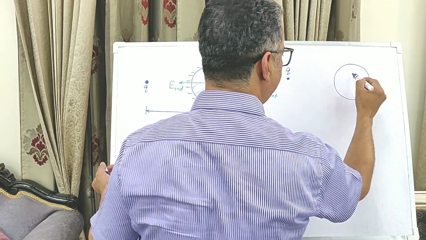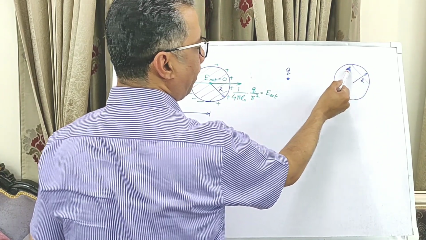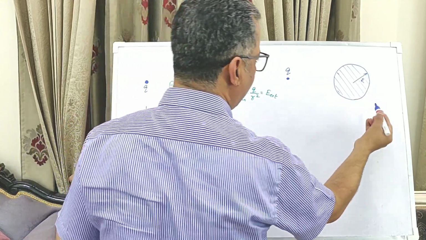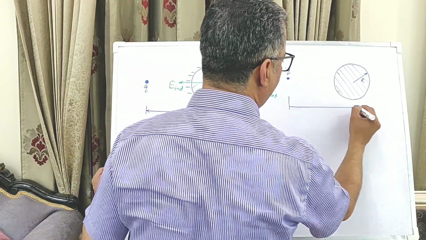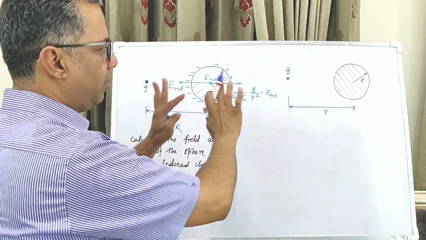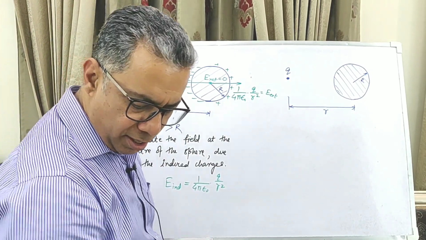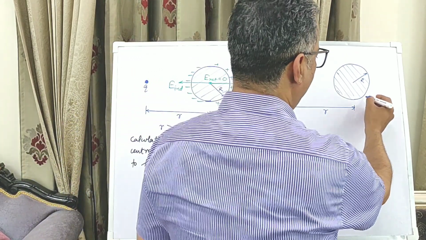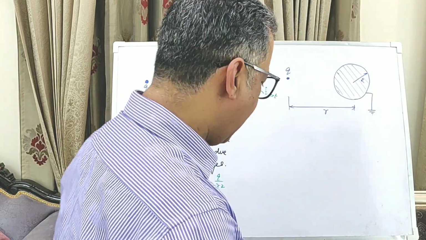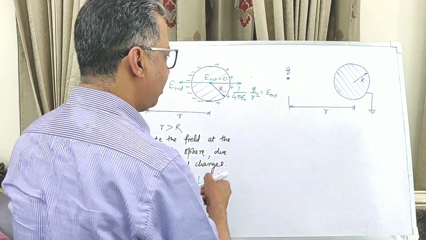We have this sphere of radius R, the distance of this charge from the center of the sphere is the same, small r, so a pretty similar setup, but we introduce a small change this time. What we do is we connect this conductor to the earth, and then we ask you a question. The question asked is,